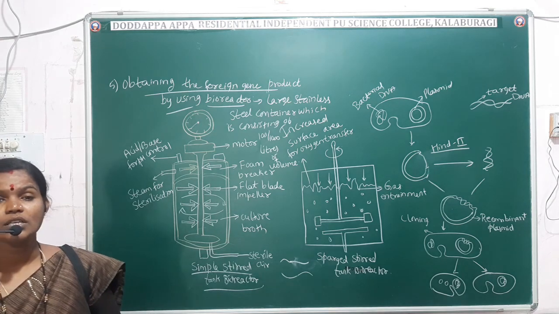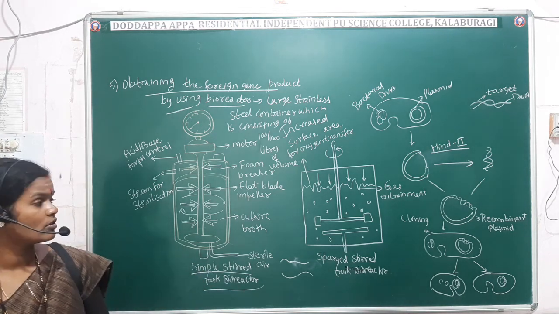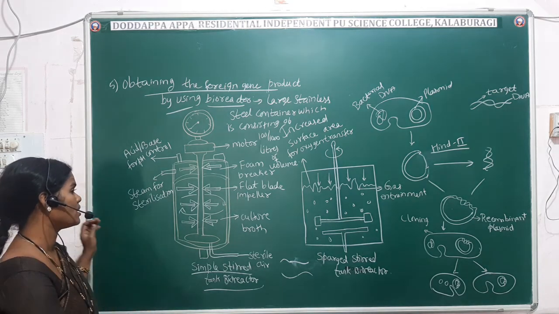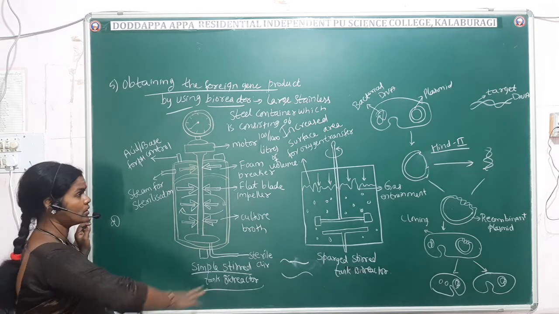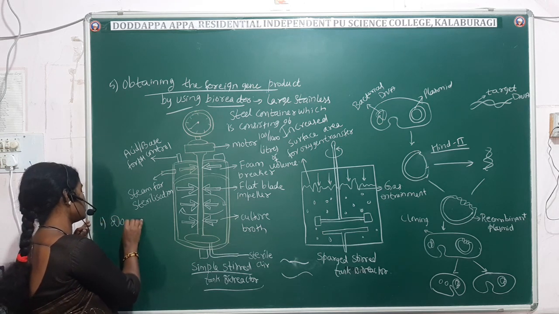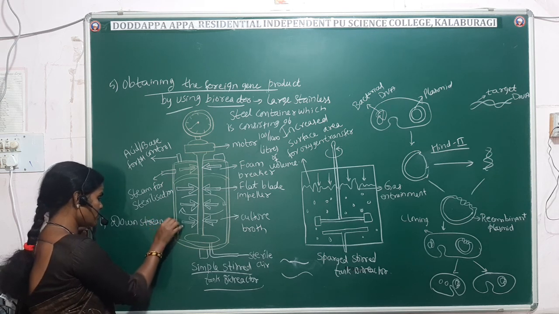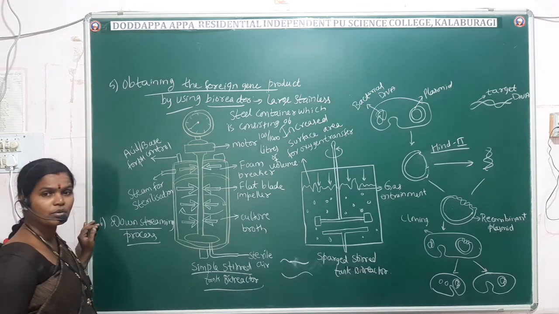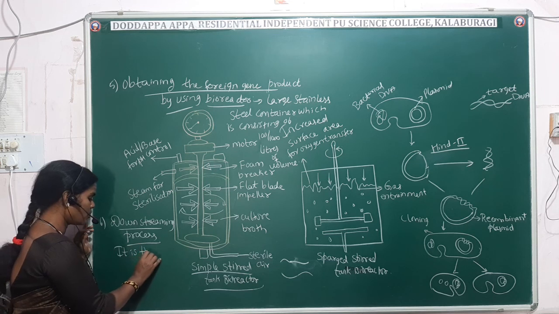Now we are going to see the last step of recombinant DNA technology. That is called what? The downstreaming process. Here itself I will write it, so that you can write down all the points I have written on the board. The last step is the downstreaming process. What is this downstreaming process? It is the process of